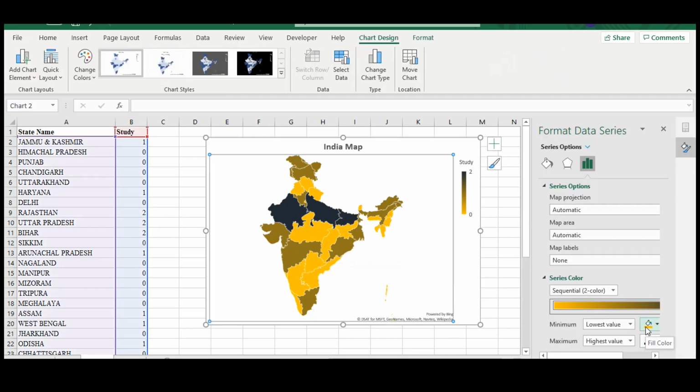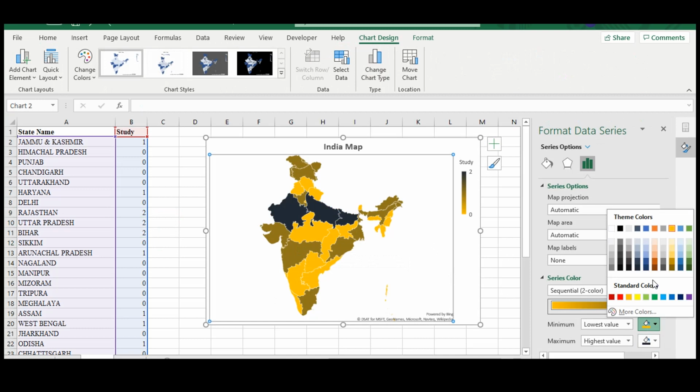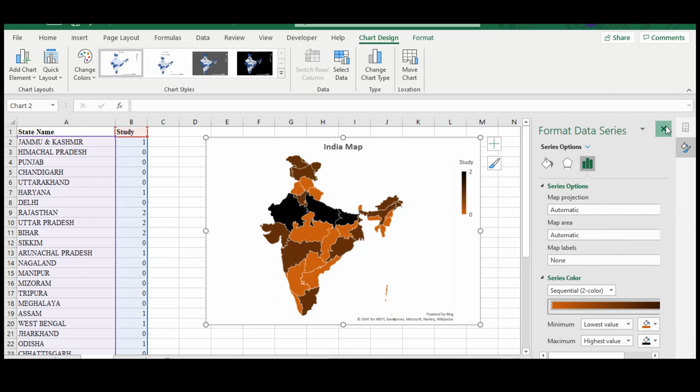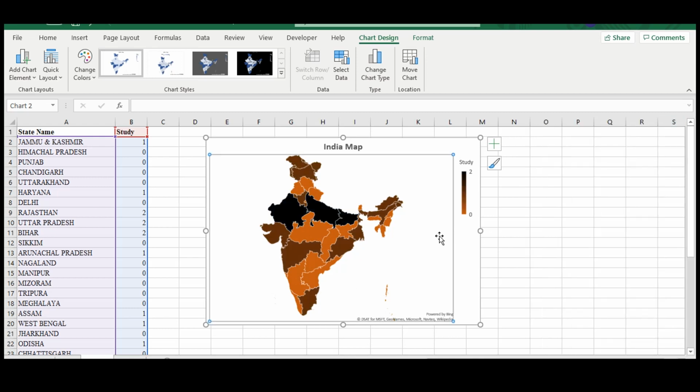So the minimum value, say I use orange and let this be the default black color. So now you can see three pieces of information are being plotted in this map, and the data for these three ranges from 0 to 2, and for the minimum value we have dark orange color while the maximum value takes a black color, and we also have three categories to show.